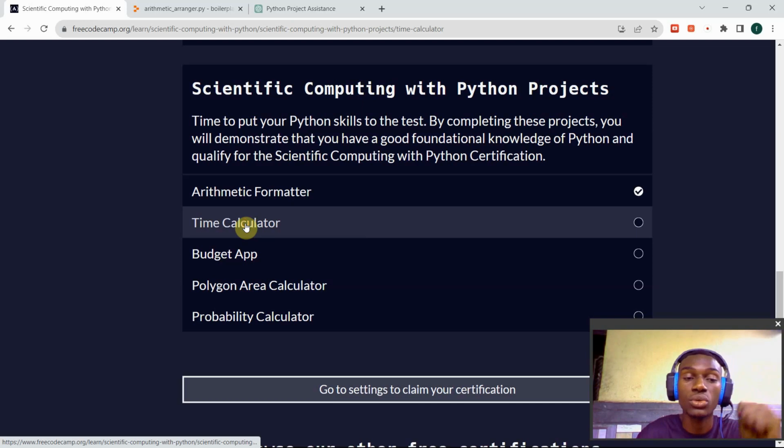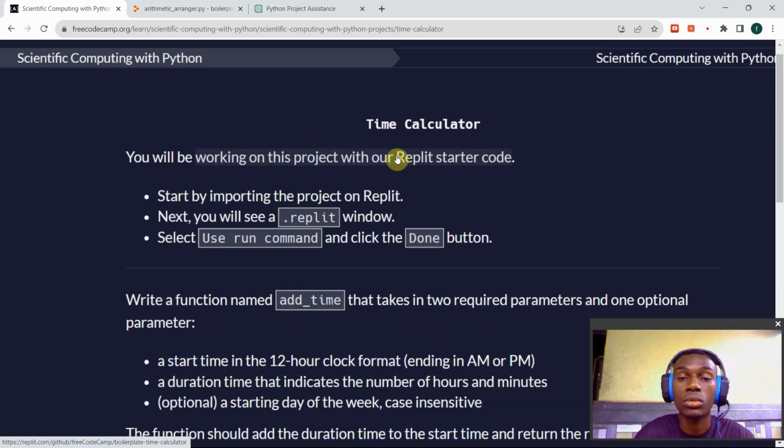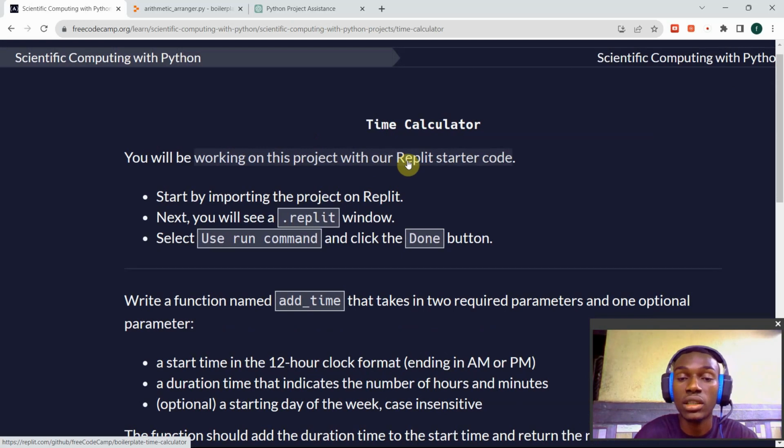Now I want to write Time Calculator. On Time Calculator, here is where I'm going to click so I can access their Replit starter. They say you will be working on this project with our Replit starter code. Now I'm showing you the easiest way you can write this project without scratching your brain and without wasting much of your time. That is what I want to show you, the easiest way. Now I click on this